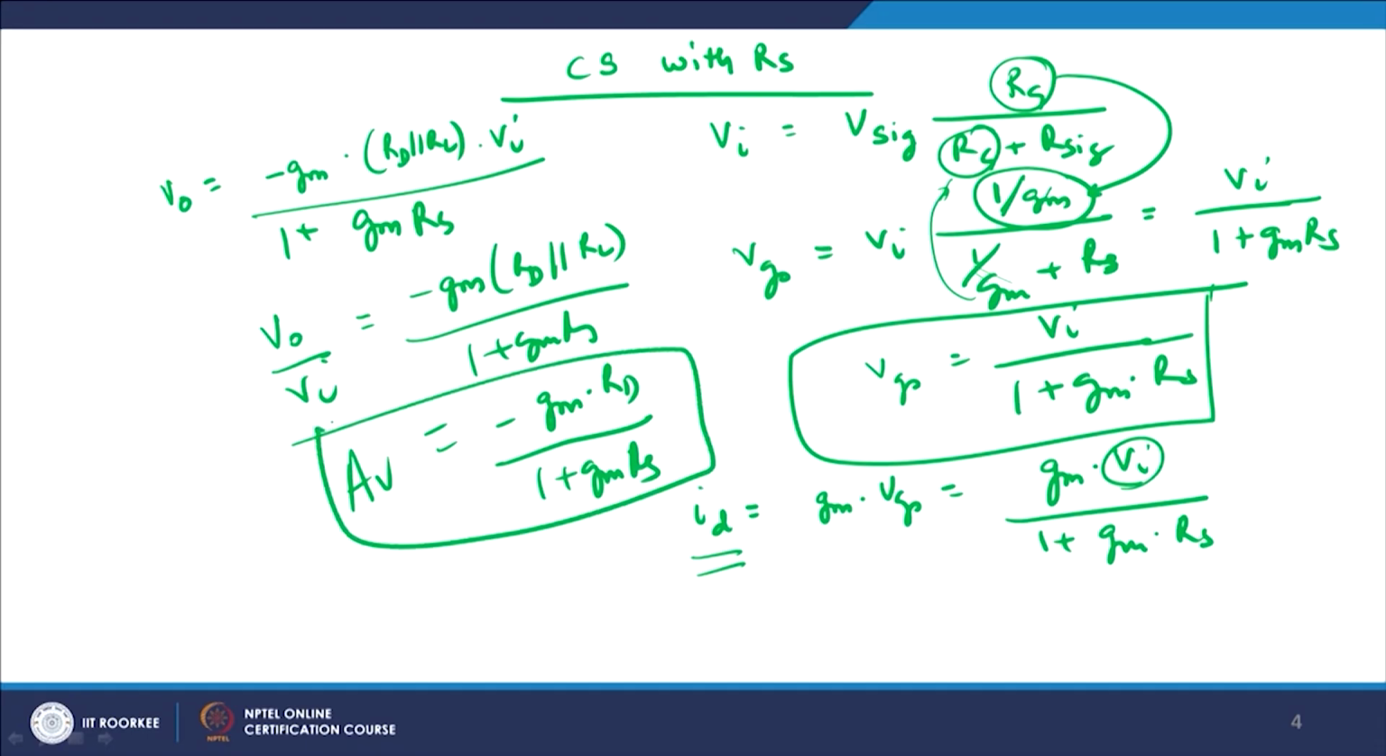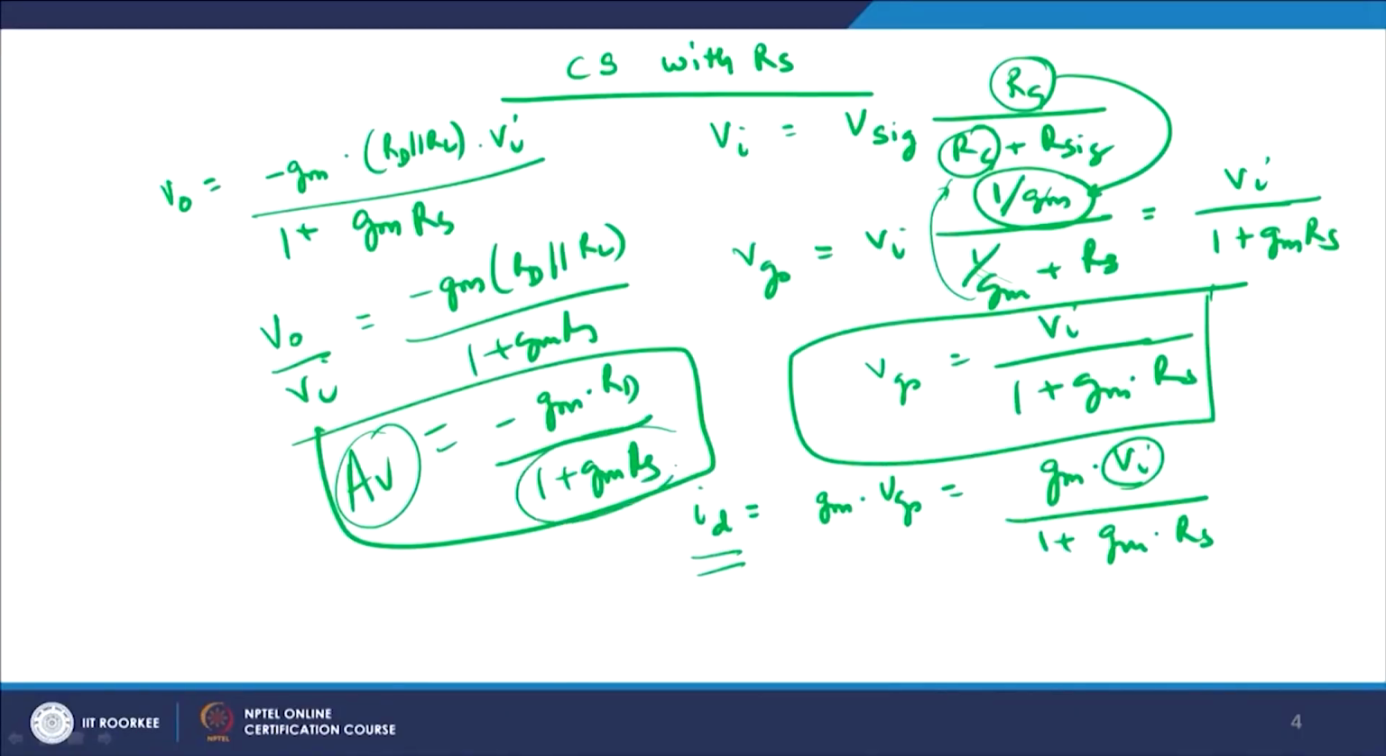It is minus gm Rd upon 1 plus gm Rs. So you see, as compared to the CS stage without source degeneration resistance, with source degeneration resistance your gain has fallen by a factor 1 plus gm Rs, and that is quite an interesting observation, or idea. Once you are increasing the value of the source degeneration resistance, because you want it to be more stable